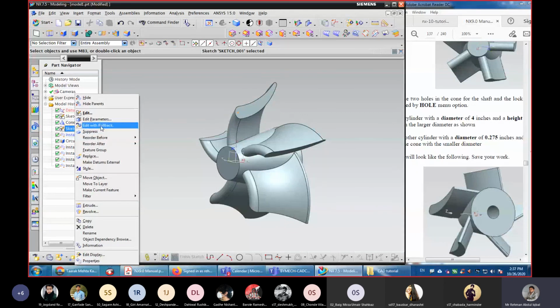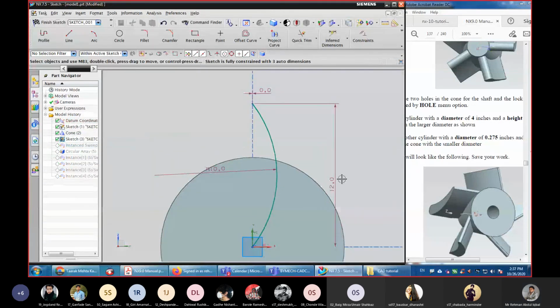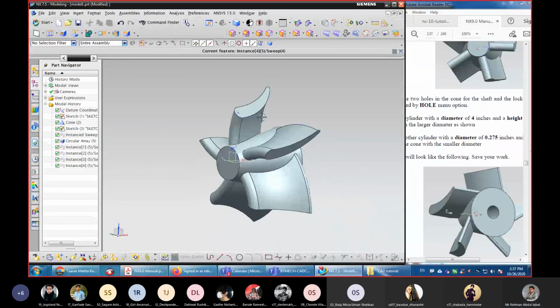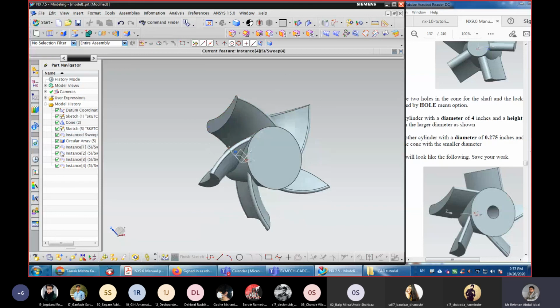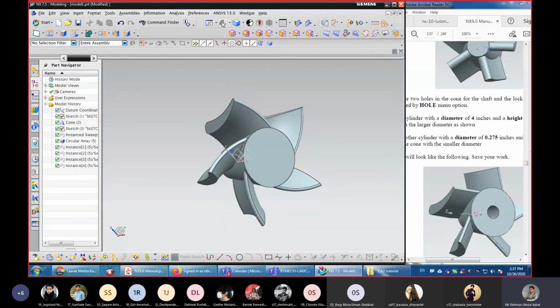Right click it, edit with rollback, and say instead of R10, if I give 15 and finish, you can see the result. No need to change other things, just we have changed the dimensions in the sketch and everything is being modified in the software itself.